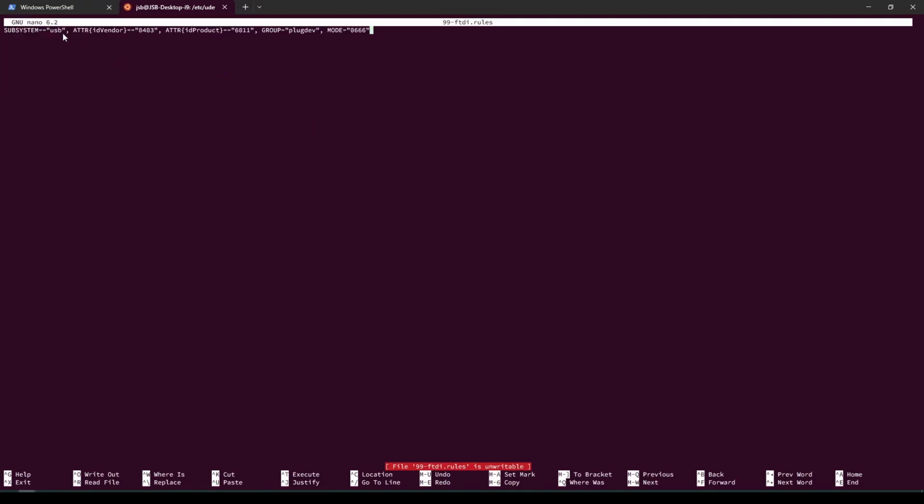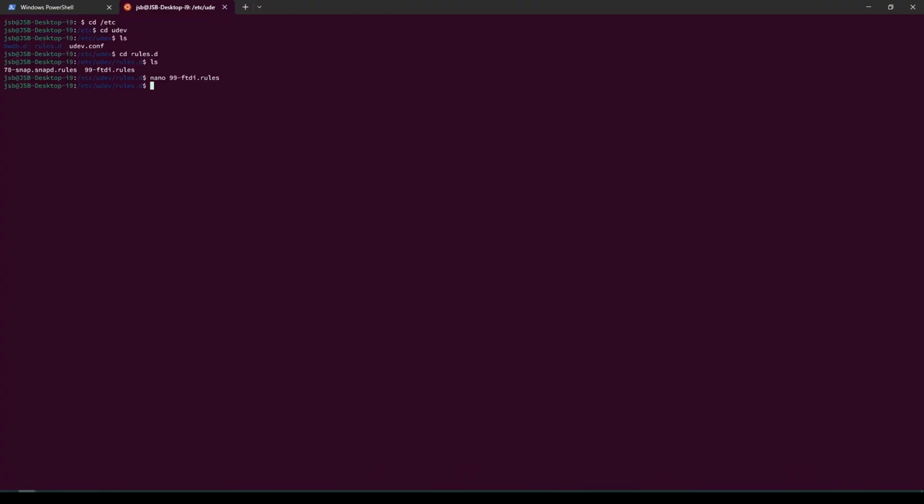So subsystem is USB. The vendor ID is 0403. Product ID is 6011. The user group is plugdev, so only users who are a member of that group can use this device. And the mode is read-write for all types of situation. That's a file that I need to create, and then I would